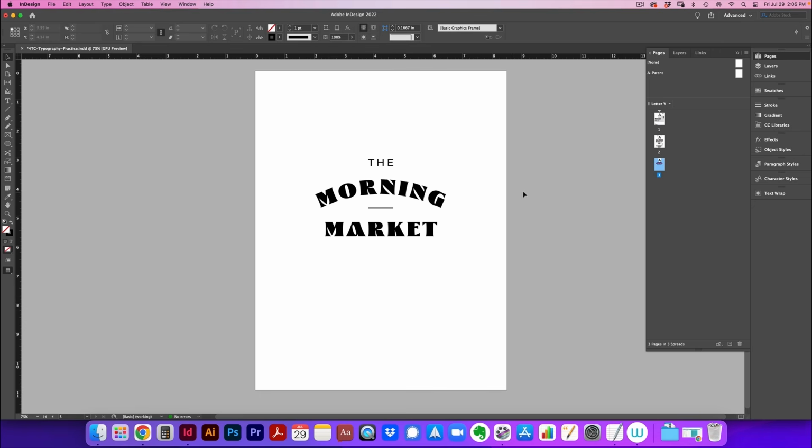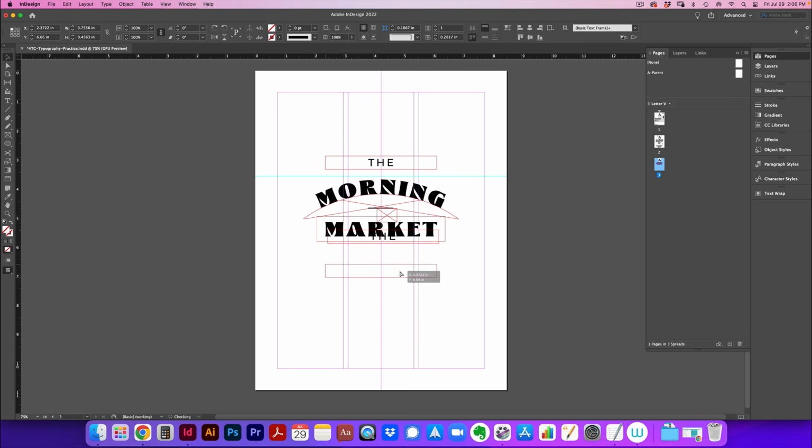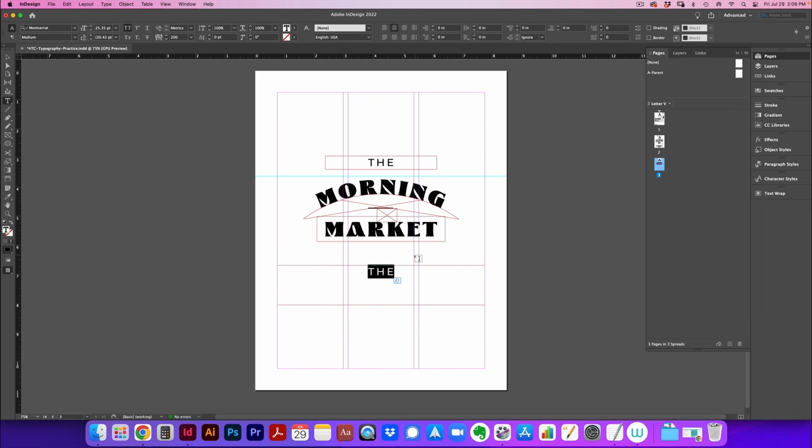Awesome. So now we need to add some other elements around it. And because we want to stick with two typefaces, we are going to be using Montserrat. So I'm going to do Command C, Command V. Now, the next thing we need to add is the data about where it's located and give a little bit more information about this. So I'm going to select this and say, enjoy